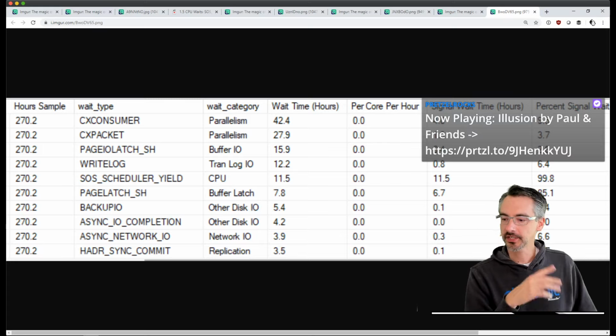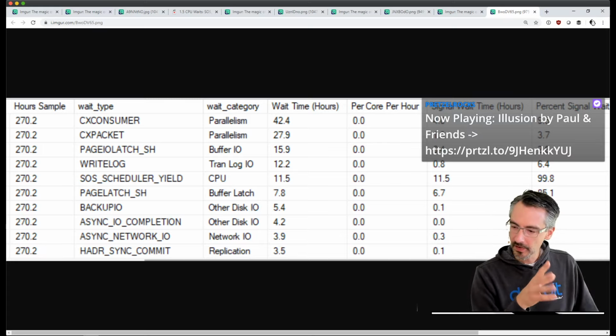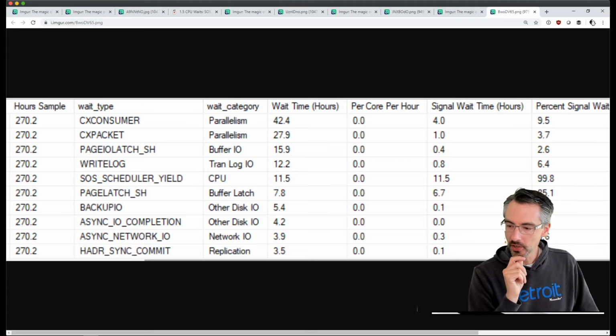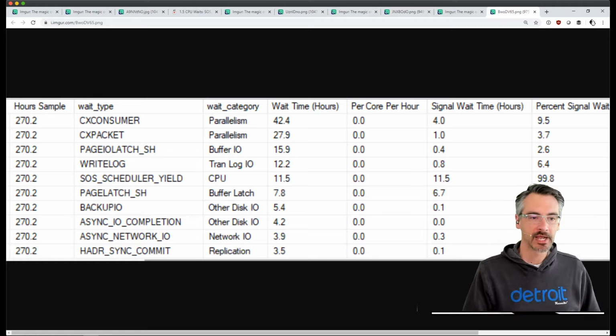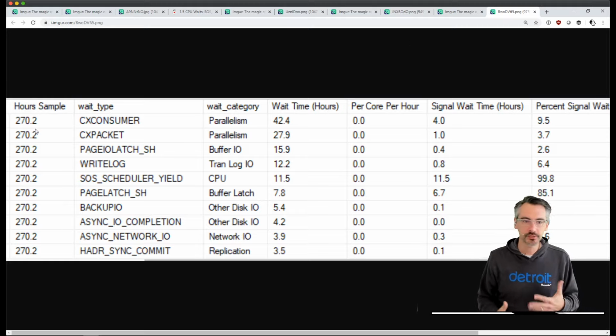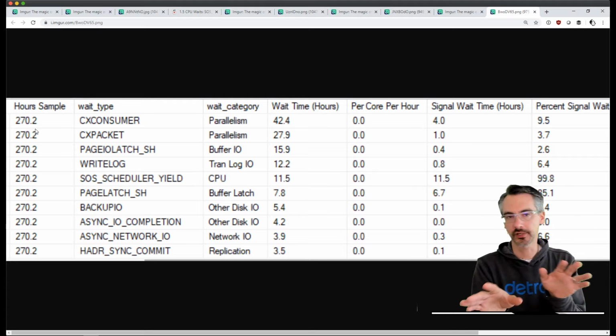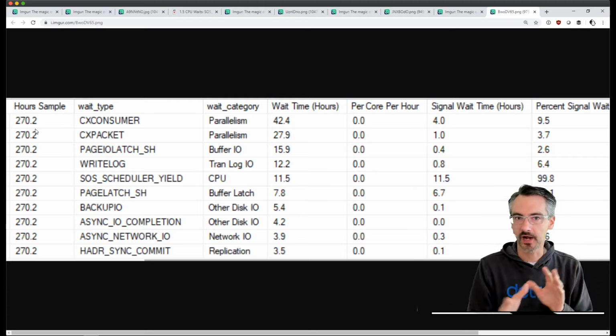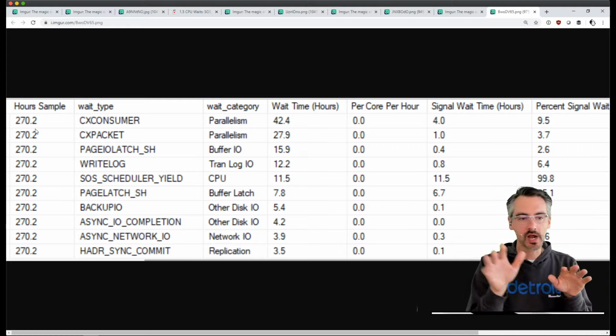SQL Server 2016, not the latest cumulative update, unless it's Service Pack 2, but it's okay. 4 cores at 2 gigahertz, so it gets smoked by my iPad. 128 gigs of RAM, max server memory is set. Okay, I like your settings there. That's not so bad. I make a lot of iPad and laptop jokes, but your server is appropriately provisioned. You don't need more than 4 cores. You have lots of RAM. You're totally fine there. Yeah, you have slow cores, but they're not a bottleneck for you.